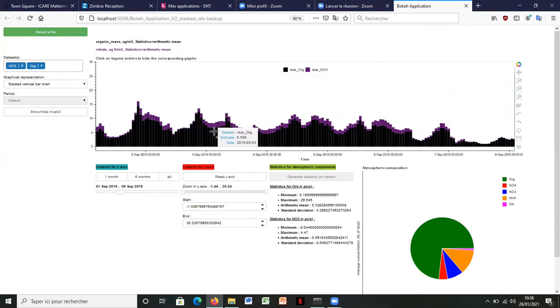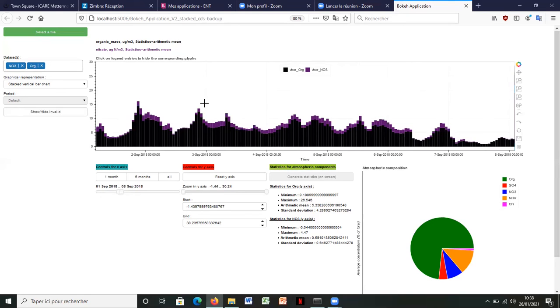For example, here you have a black bar which corresponds to the organic matter, and a purple bar which corresponds to the second dataset that has been selected. In fact, the height of these bars corresponds to the value in ordinate of each selected dataset. Stacked bar charts are very useful to highlight the dominance of a specific chemical species over time.